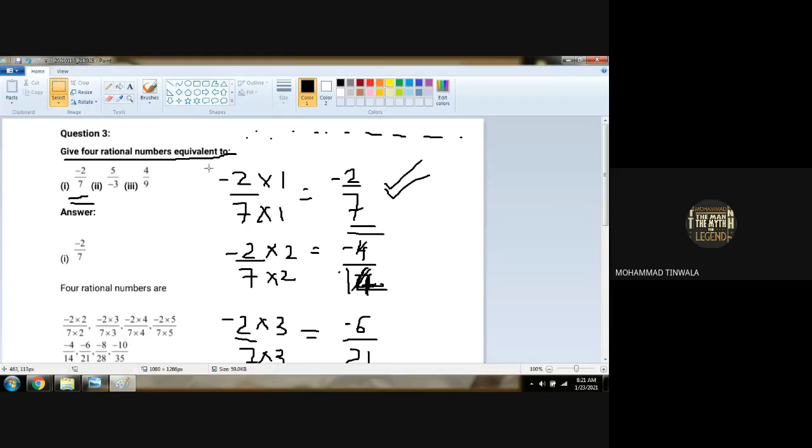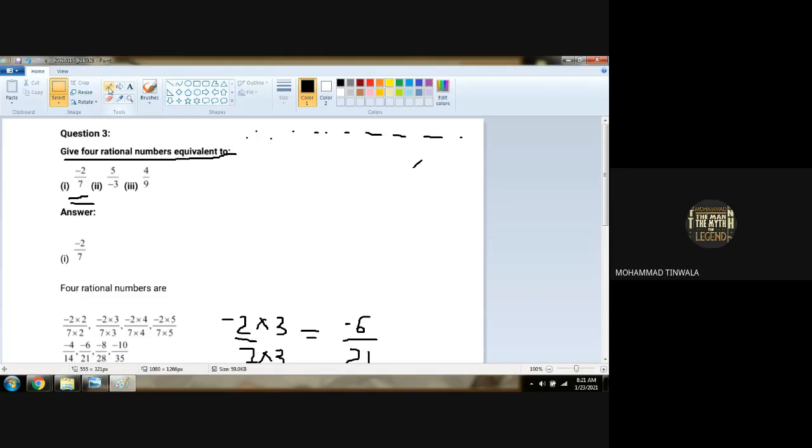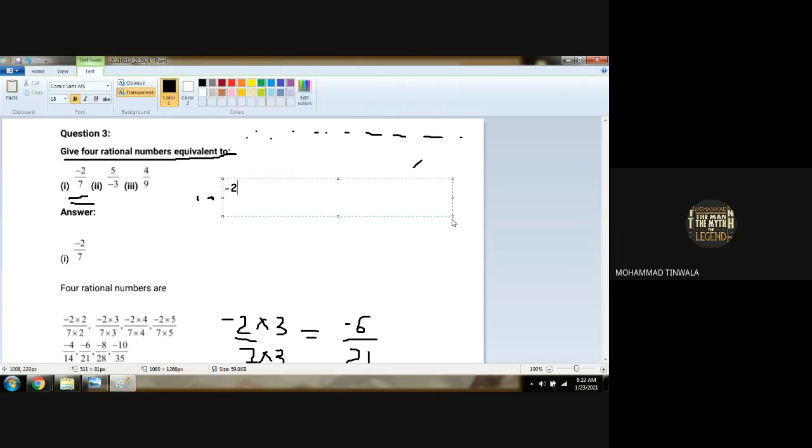Check out here what I am doing. You have to write therefore, then you have to describe like this. Therefore, -2/7 is equal to